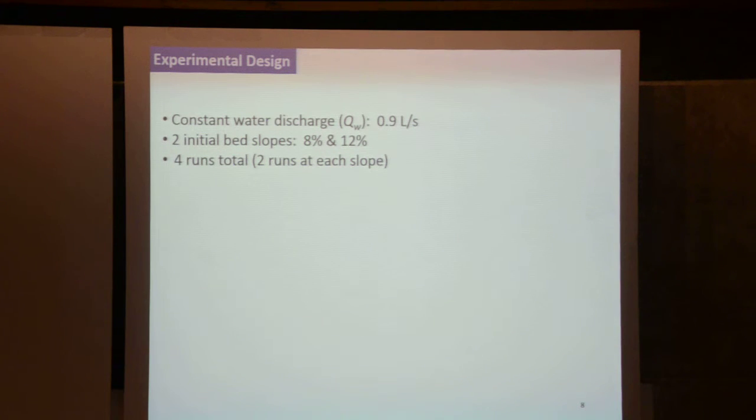So in the particular experiment, I held, can't vary everything, I held water discharge constant, at a relatively low discharge. Now, I'm just actually going to present data from 4 experiments. And it was 2 runs at 8% slope, 2 runs at 12% slope. So again, steep mountain river sorts of gradients, but with one repetition each, although as I'll also show, there are some variations within these different runs that end up being interesting.